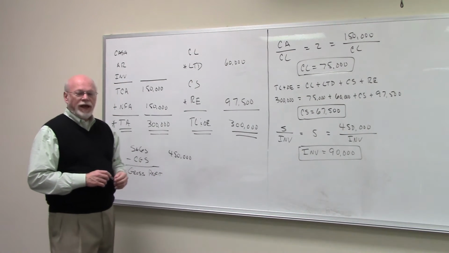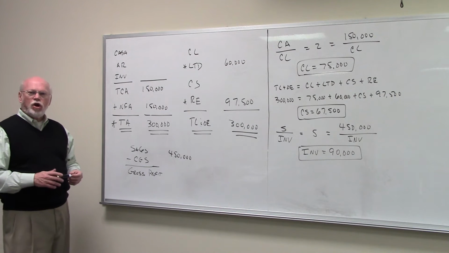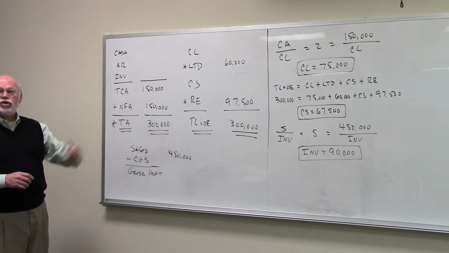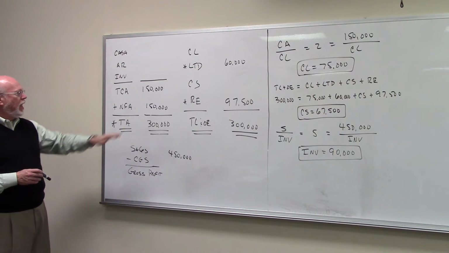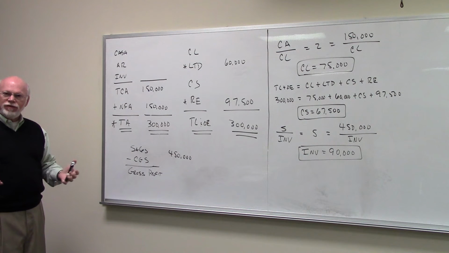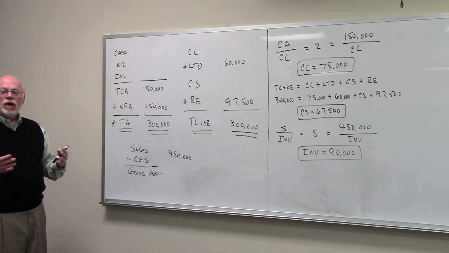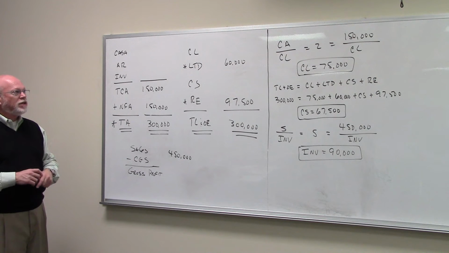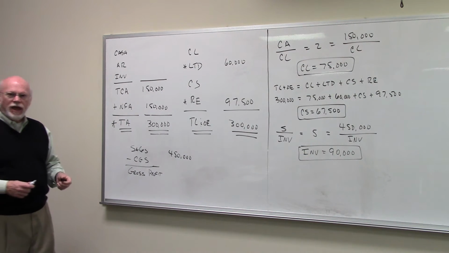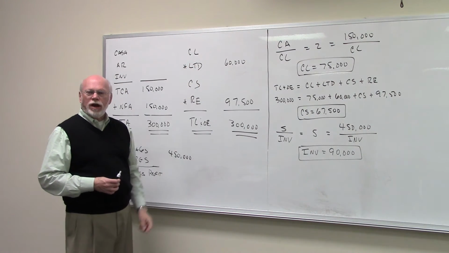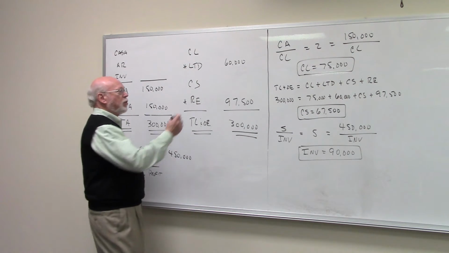The first one we'll look at is the current ratio, defined as current assets divided by current liabilities. They tell us the industry average is 2. If you look for current assets, we've already discovered that current assets has to be $150,000. That divided by current liabilities has to equal 2. So 150,000 divided by 2 would tell us that the current liabilities has to be $75,000. And this is the only current liability right here. So this number right here has to be